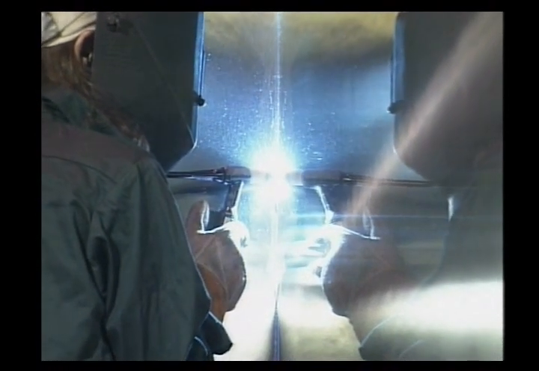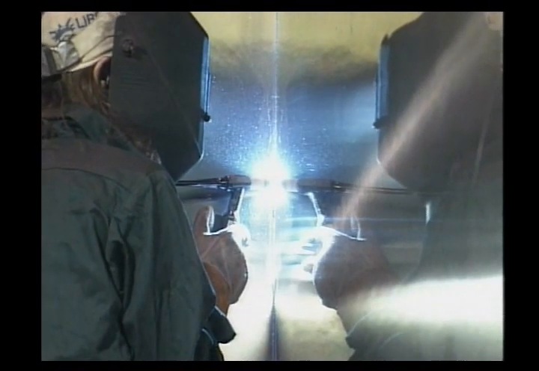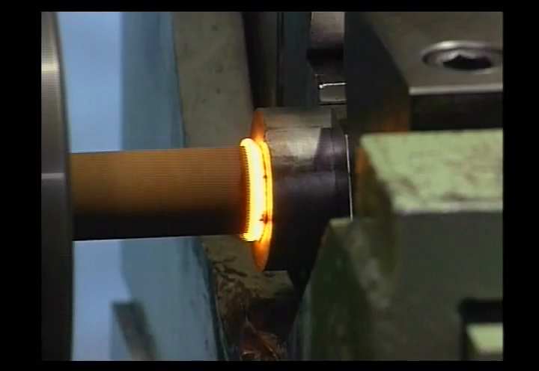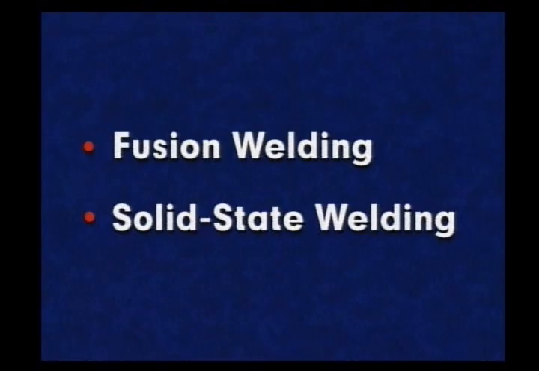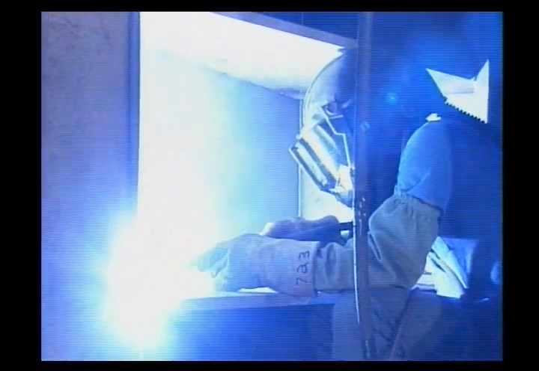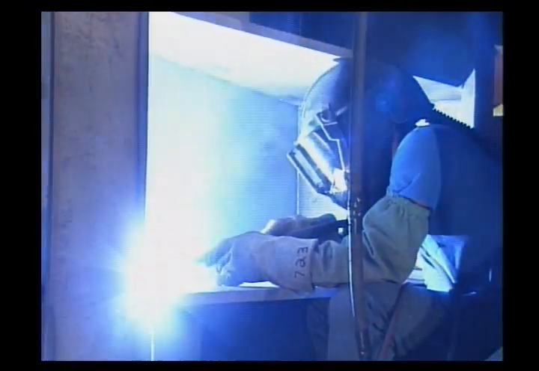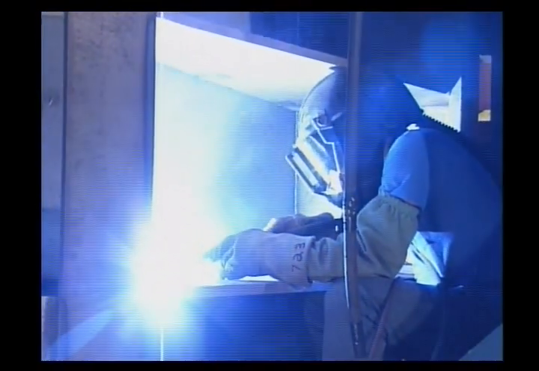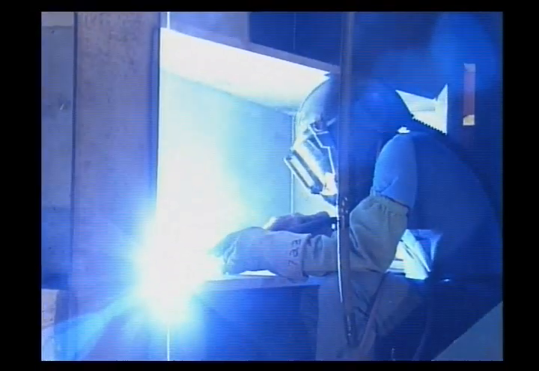Let's review the material contained in this videotape. Welding is a common method of joining metals and includes a wide variety of processes. These welding processes join metals together by either fusion welding or solid-state welding. In fusion welding, metal coalescence is created by melting a base metal and filler metal together, or by melting the base metal alone. The principal fusion welding processes are arc welding,